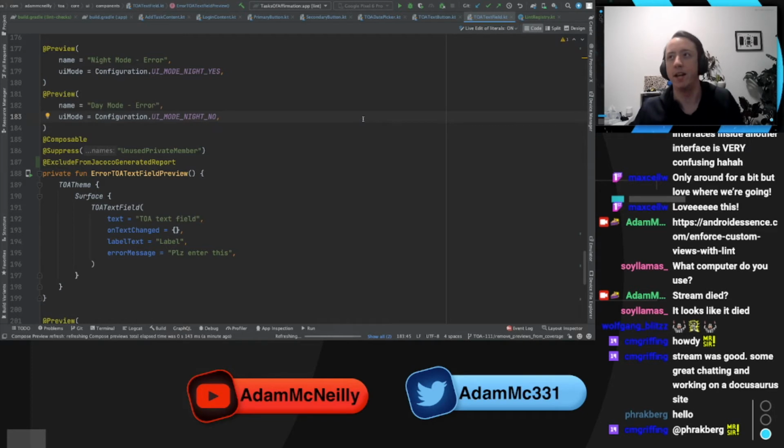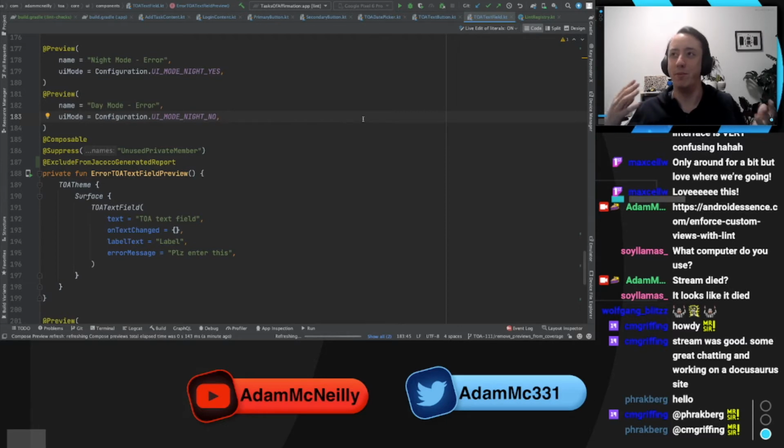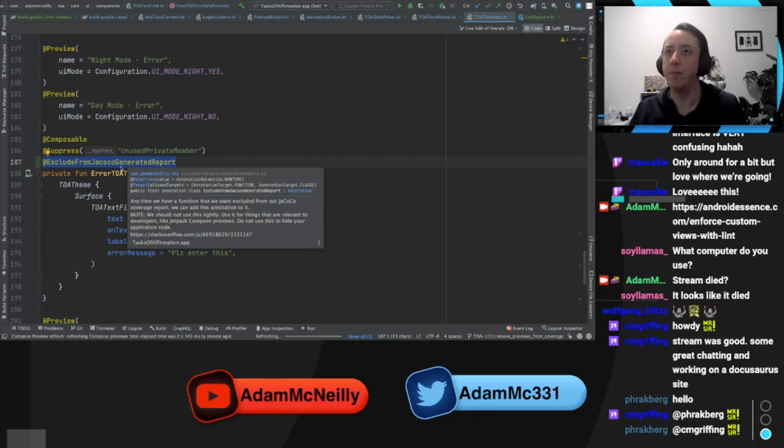But what we're running into in our project is when I run a test coverage report, because that's in our app module and it's in the same file as the UI component itself, it gets included in that test coverage report. So sometimes I see problems with like my coverage went down because I added previews. And that's not really accurate. These shouldn't be included. So there are ways we could maybe move these previews into different files, but we looked at a way to